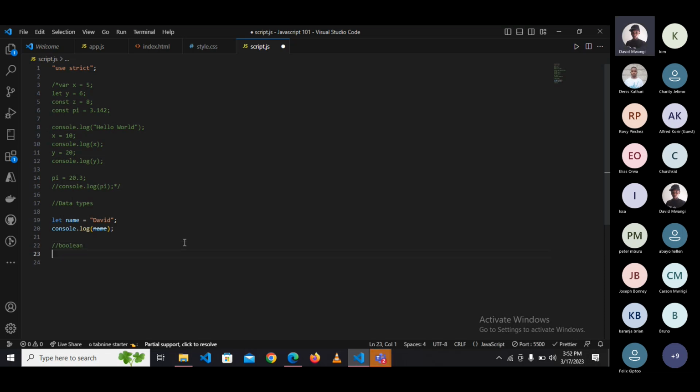So the Boolean data types define if something is true and if something is false. For example, in coding, 1 is used to represent that something is true, and a 0 means that something is false. Like we can say red equals to